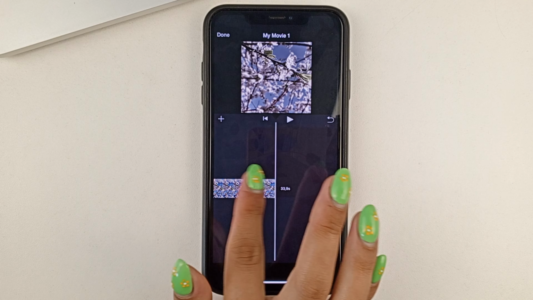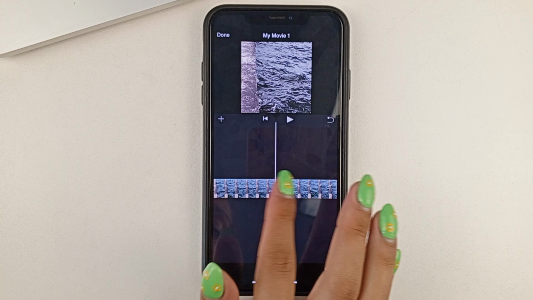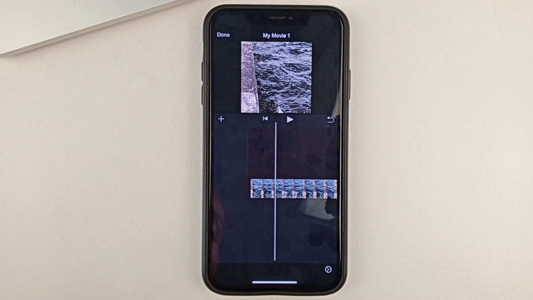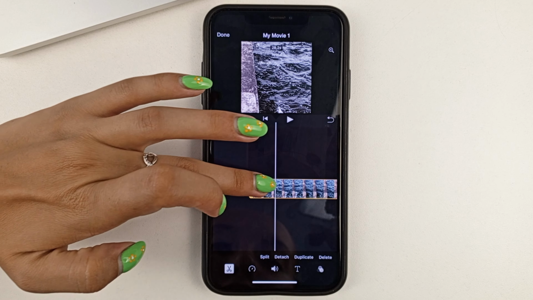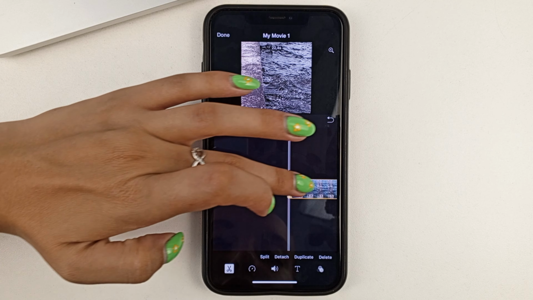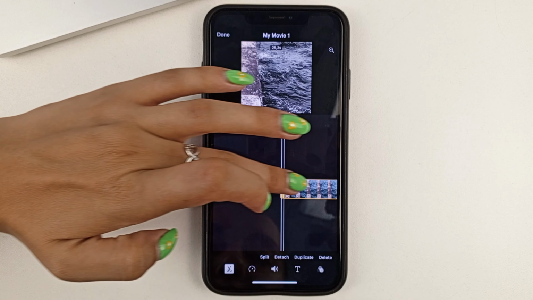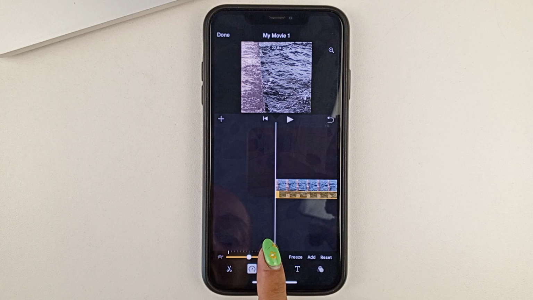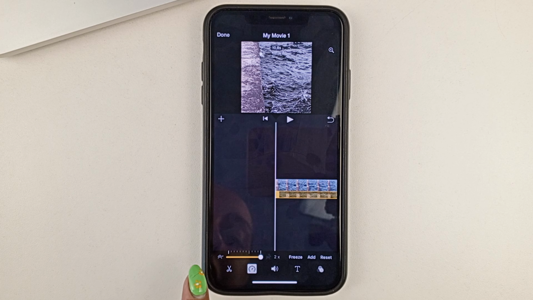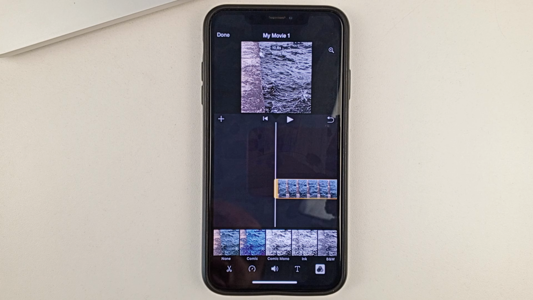And after you've done all the moves you want to do with your video, you can also say, trim it. To do that, just click once on the video, select this sign here, and now you can crop it to the size you want. You can also write some text that you're interested in. And you can, let's say, speed up the video, or you can slow it down. And like I said before, you can choose some effect.